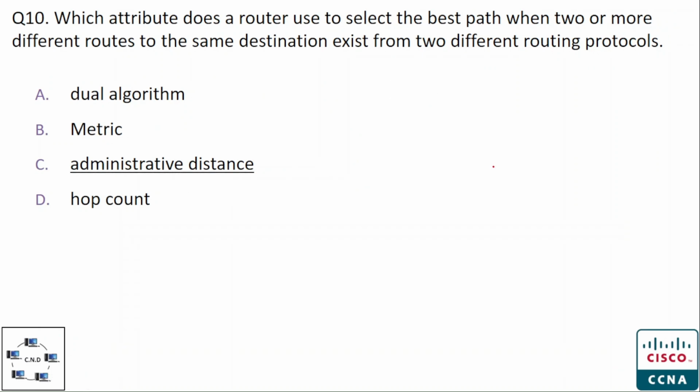Question number 10. Let me move a little back. Which attribute does a router use to select the best path when two or more different routes to the same destination exist between two different routing protocols? And the options are option A, DUAL algorithm, option B, metric, option C, administrative distance, and option D, hop count. And the correct option is